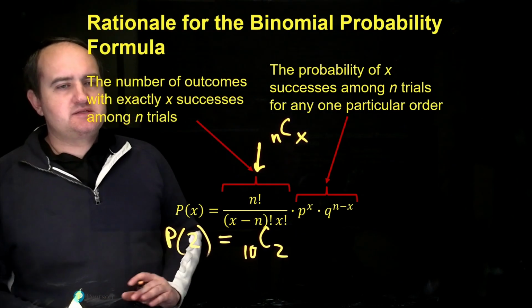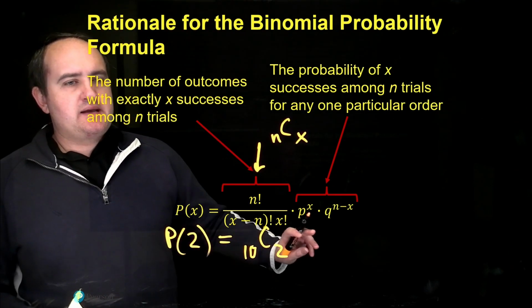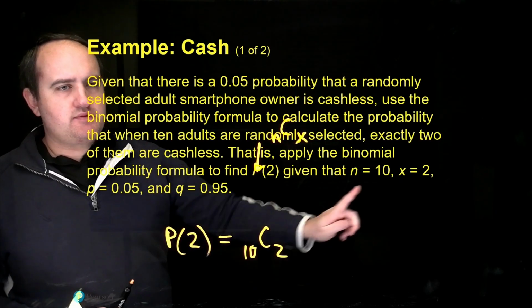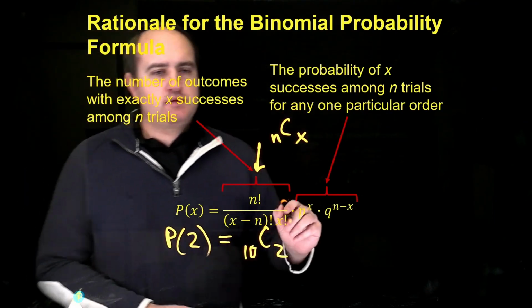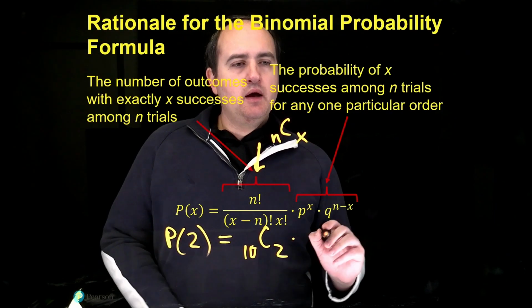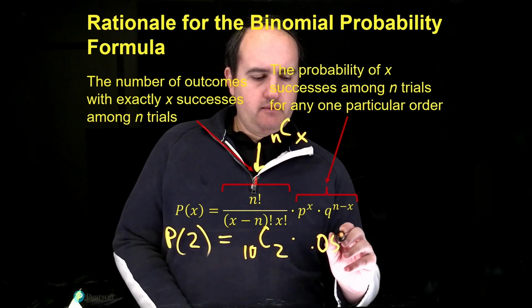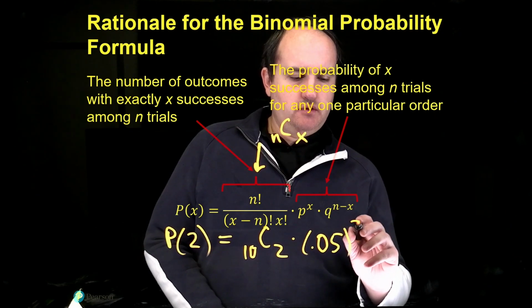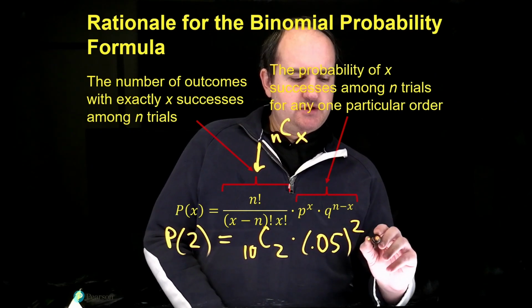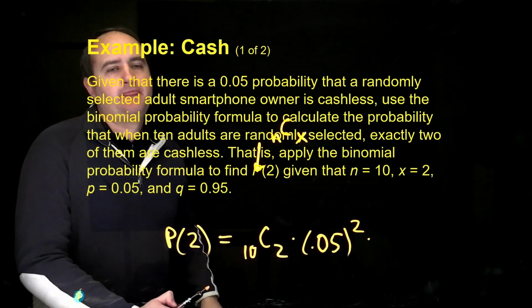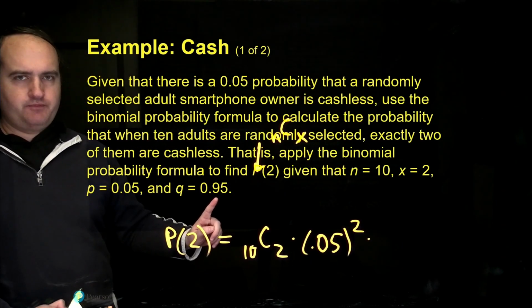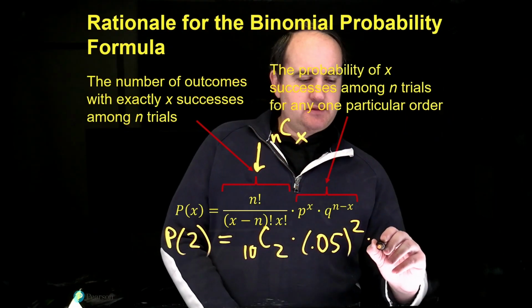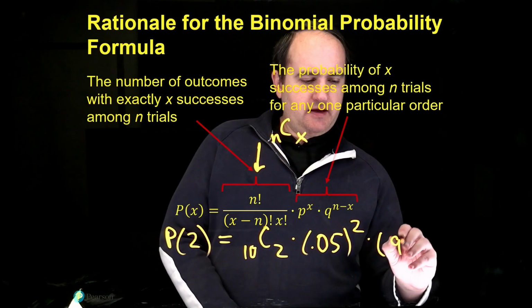So that's just going to be 10C2, okay, 10C2, times p to the x. Well, we know that p is 0.05 and x is 2. So we're going to be times 0.05 is p, and then x, we said was 2, times q to the n minus x. Well, q is 0.95, all right? So q to the n minus x is going to be 0.95